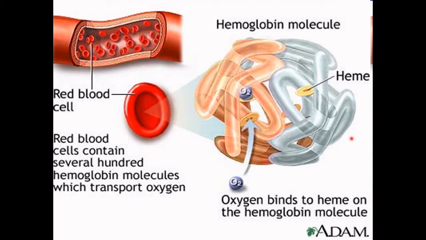When it has been attached with oxygen, because the function of red blood cells is to transport or carry oxygen throughout the body. So they carry the oxygen, and when they are attached with oxygen, the hemoglobin molecule appears red in color. That is how these RBCs show a red appearance.